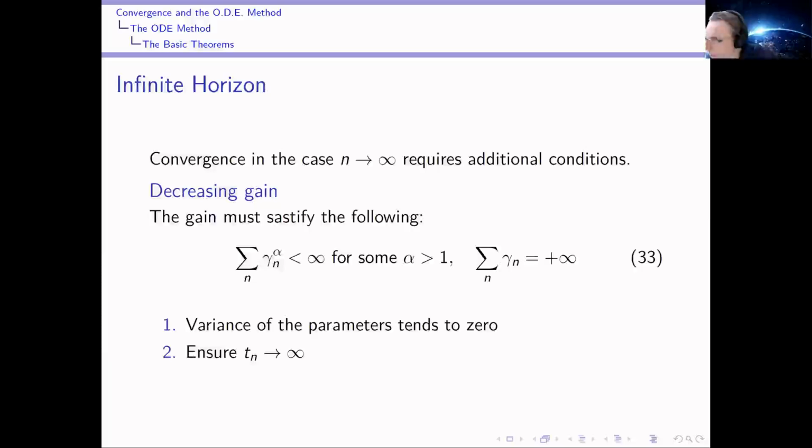So the mathematician, however, would be interested in the infinite horizon. And so in this case, we need the following condition for decreasing gain. So the first condition here ensures that the variance of the parameters tends to 0. And then the second updates the algorithm to the limit. In fact, we can actually now say there's a trade-off between condition 1 and the smoothness of H. So that is gamma, or the gain, satisfies condition 1 for some particular alpha, and then this determines the bounded moment of H.